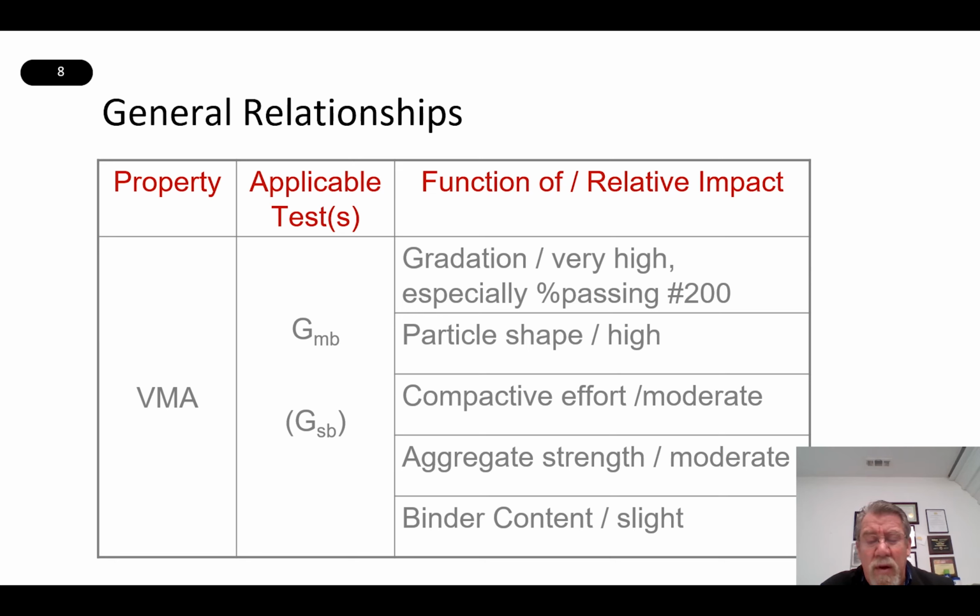Aggregate strength: this will be mainly if you're using an aggregate that's not very strong. If it breaks down, it's going to have a negative impact on VMA. If it breaks down, particles get finer, it creates more dust. That's going to collapse your VMA. So you need to know what sources have a weak aggregate structure and how that's going to be a